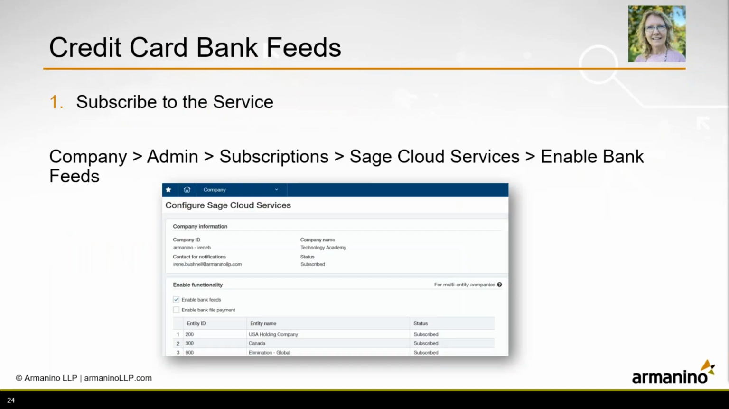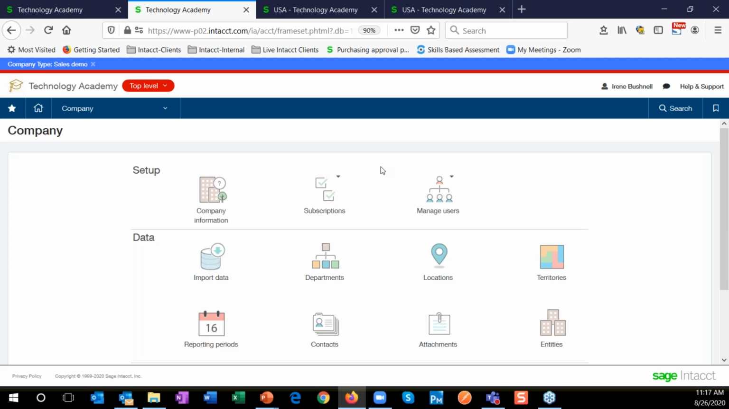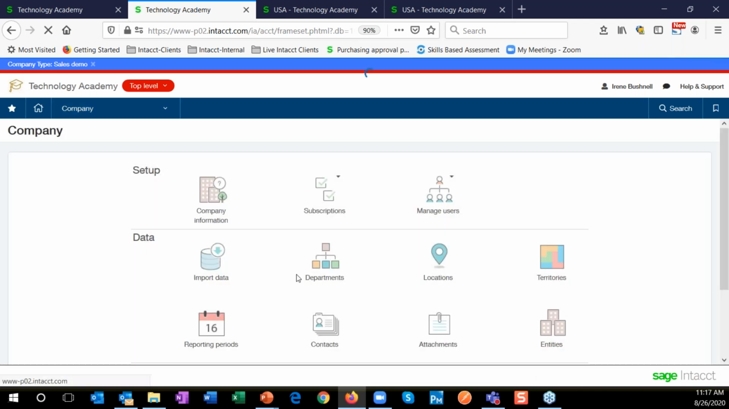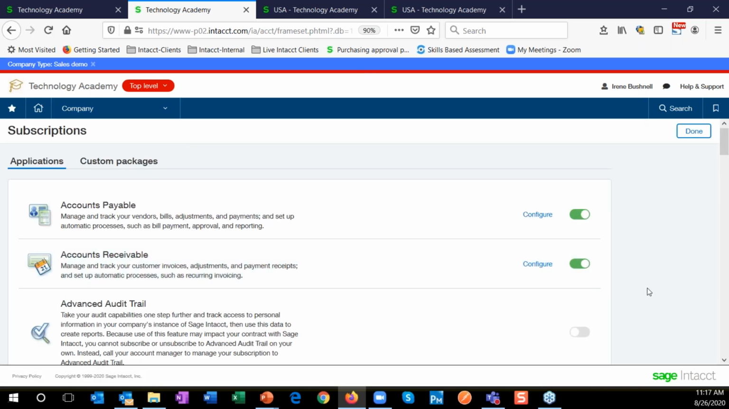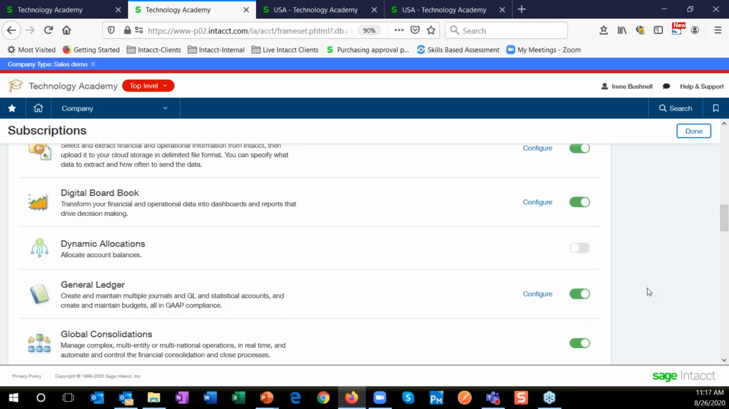So we can connect a credit card with a bank feed now in Intacct. And I'm going to go ahead and do this, walk through the steps here in Intacct so you can see how this goes. So at the top level, under Company, we have our Admin section and we have Subscriptions. Okay, if we go down to the Subscriptions, you'll see a cloud down here. We go down to